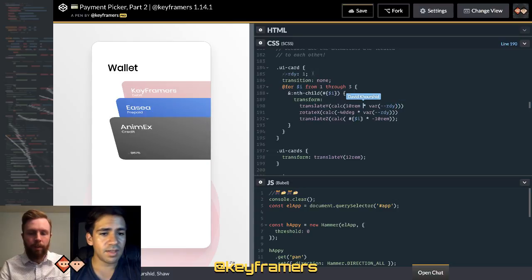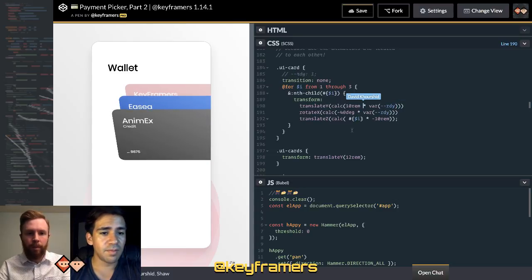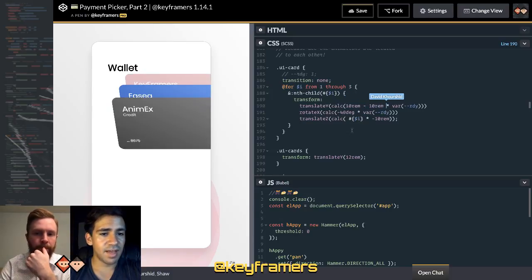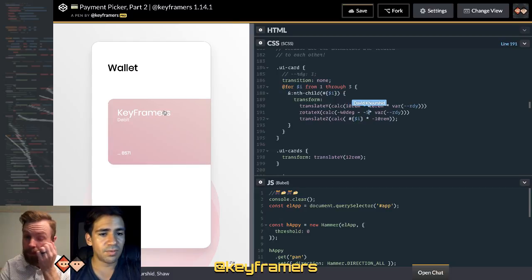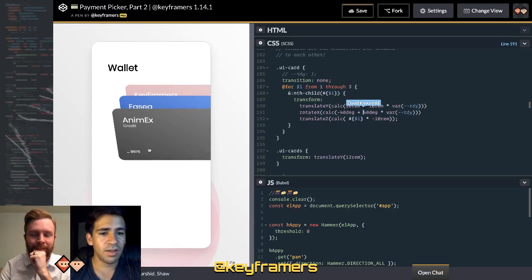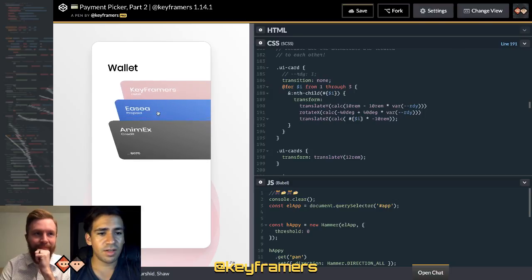So what I'm thinking is more like 10 rem minus 10 rem times that, and then the same thing here, -40 degrees times, or I guess you could just do plus here. Yeah, just so that you could, you know,